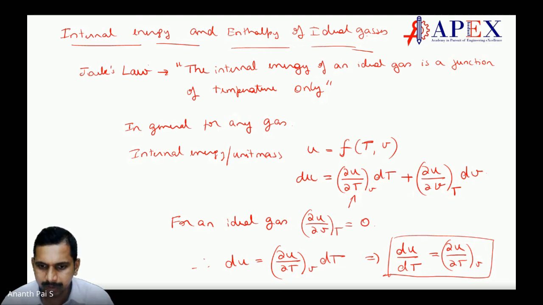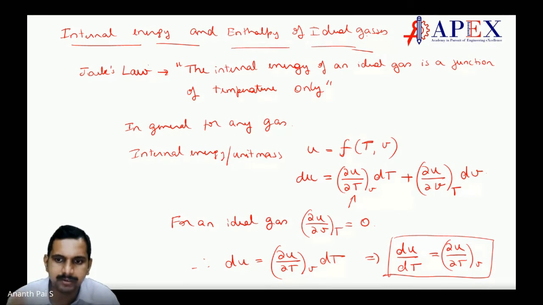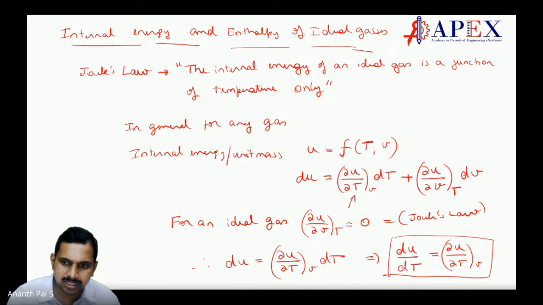But that way we are not deriving it. If I take P and V and something like that, we are not deriving specific heat. Here we are deriving specific heat. This dou U by dou V is equal to 0 because of Joule's law. There are statistical reasons for that also, but we will not go to the depth of it.